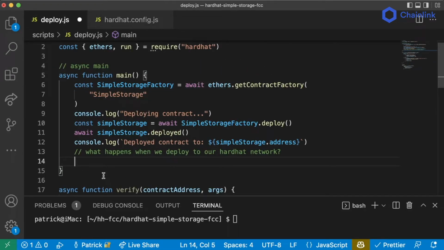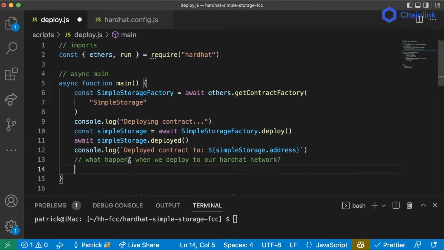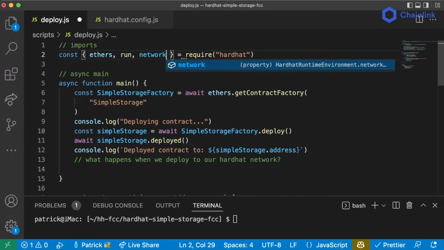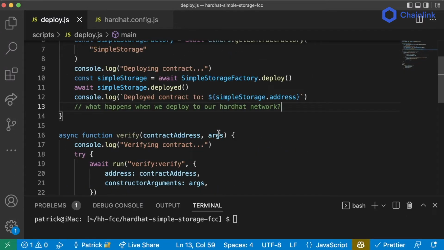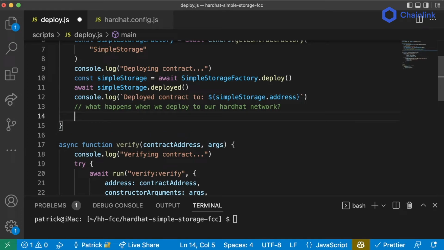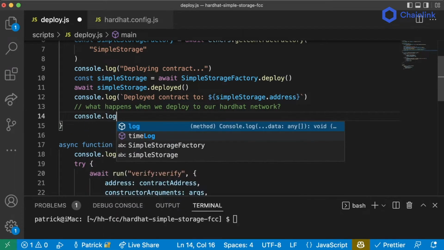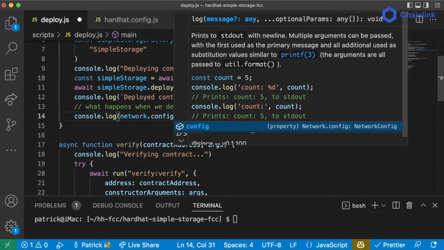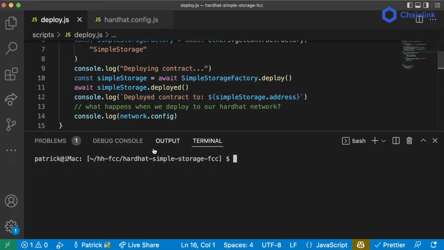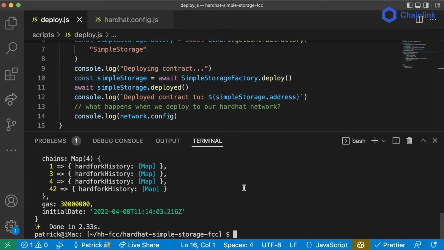What we can do is check to see if the network that we're running on is a live network, or it's a testnet, or it's a network that actually can be verified. We can get network configuration information by importing network like this. And we can do something like console.log network.config. Now, if I run yarn hardhat run scripts/deploy.js on our Hardhat network, since I'm not passing a network flag,